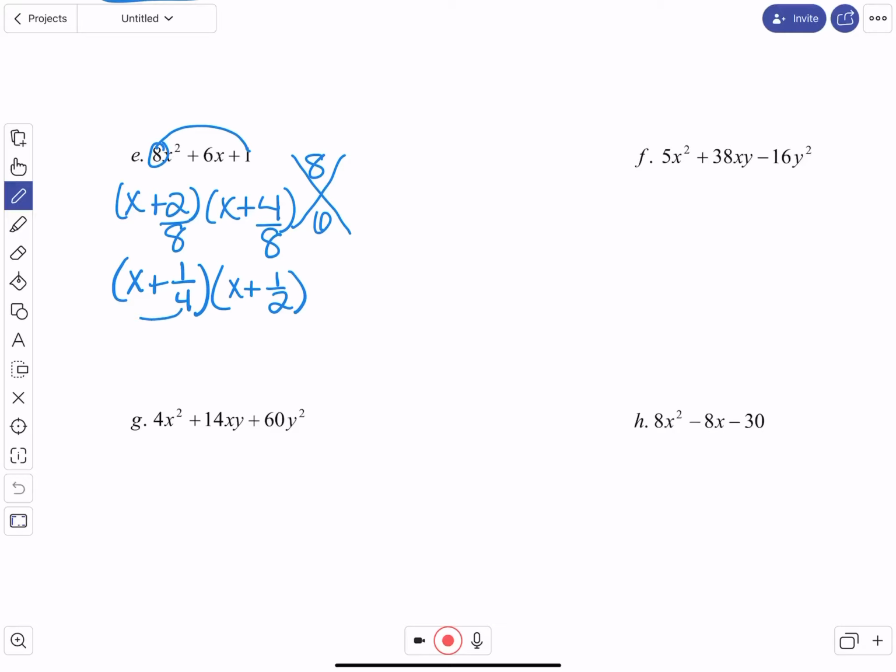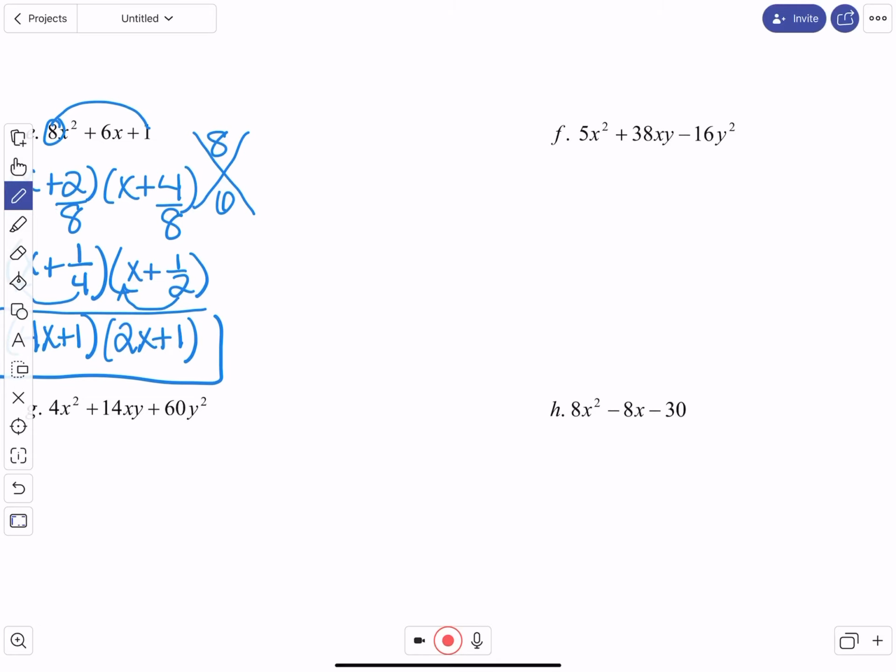So now we do bottoms up. So we get 4x plus 1. And then here we do bottoms up. We'll get 2x plus 1. And this is our factor problem. So this one's just a little bit different. Fractions didn't go away, but they did reduce, and we still had to do bottoms up. Okay. So on F,